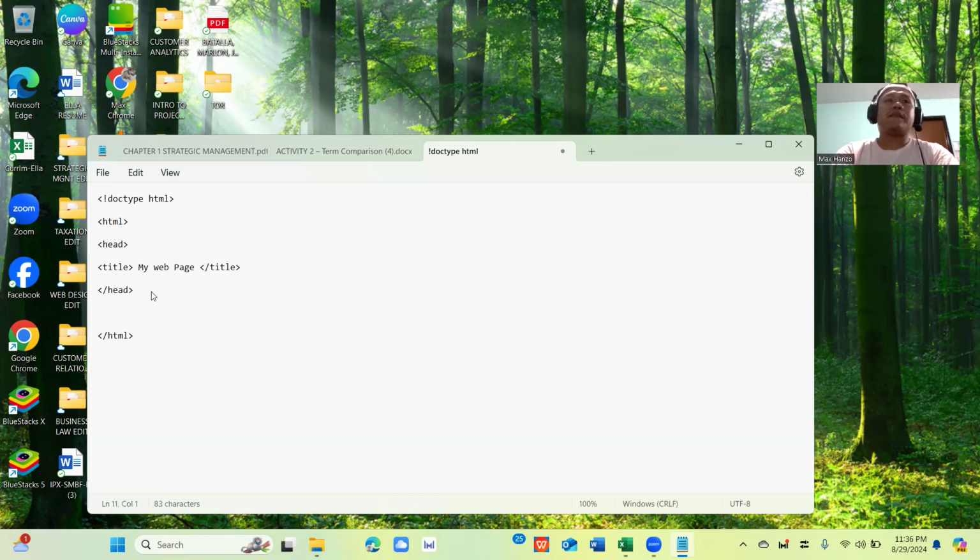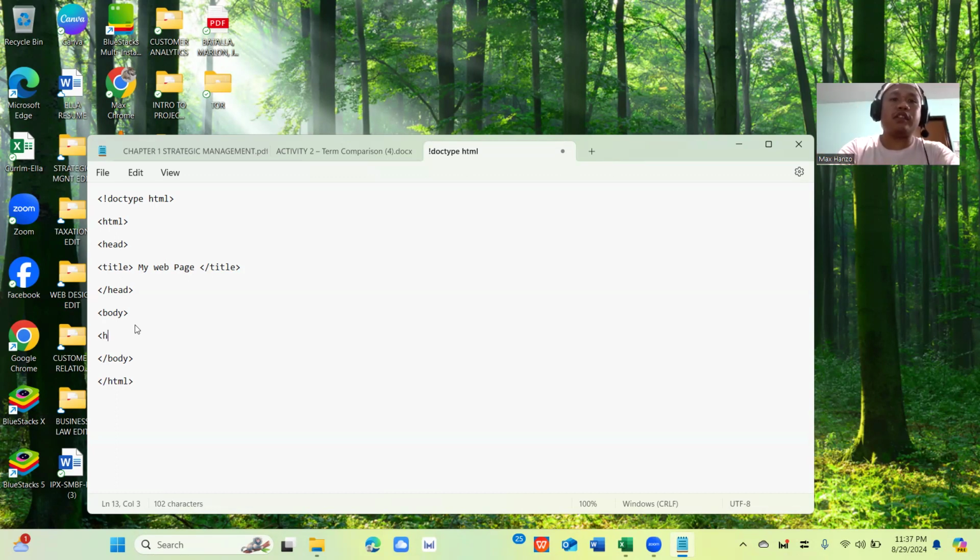Now, since we're done with the heading, we'll now proceed with the body. So let's type in an open tag, and then let's also make sure that there's a closing tag for body. So in the body, this is where we put the contents of the web page.